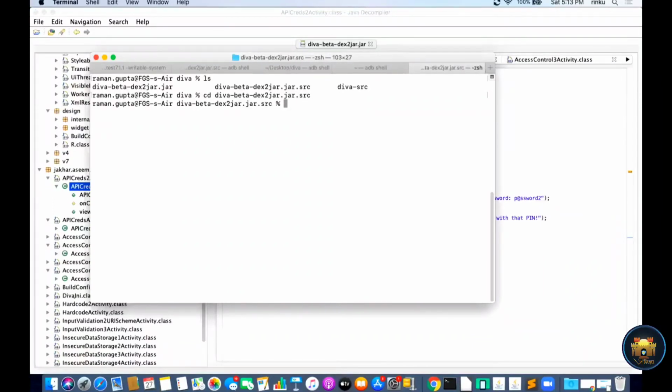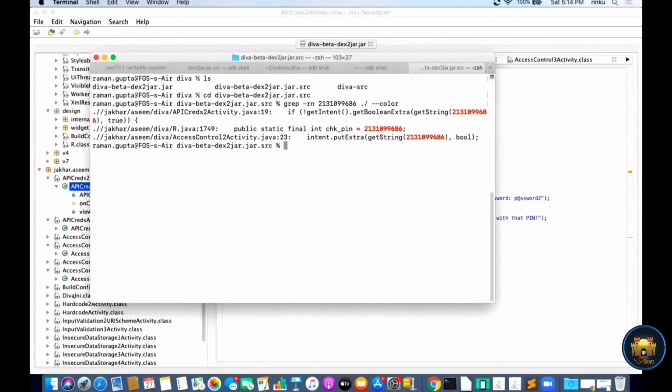Then use the grep command here to find the string value related to this integer value. So here I use the grep command, using R for recursive, N for line numbers, meaning which line the result will be shown on, and after that the search value, and you can use color for coloring.